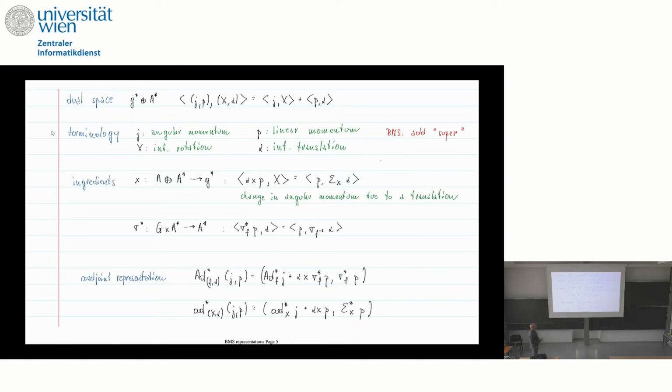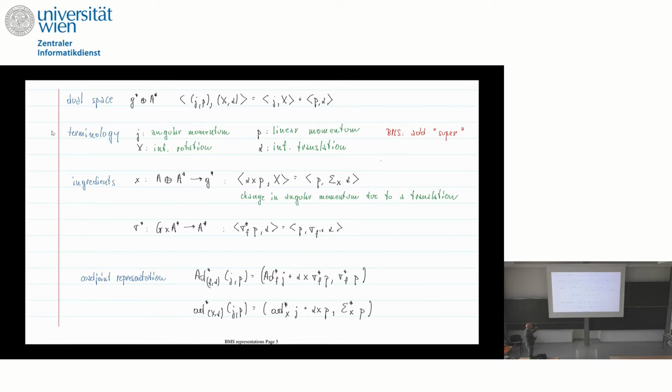And if you, for instance, do the usual BMS group, the only thing that you have to do is to add super to this part of the group. So you add super linear momentum because you have super translations. So you need the duals to the super translations. And here, if you want, you can stay with SL2C, with the Lorentz group if you want. But if you want to do any kind of super rotations, you also have super angular momentum associated to the super rotations.